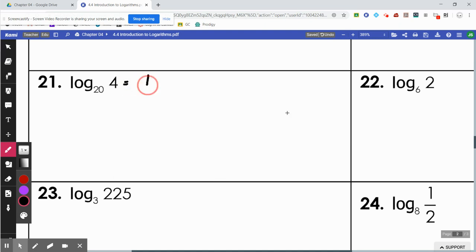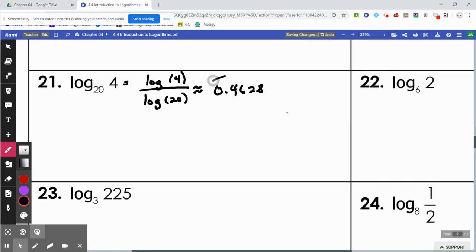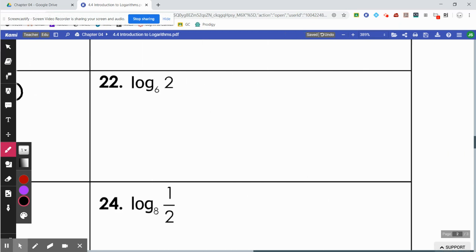The way we type it in is the log of my argument divided by the log of my base. The log of 4 divided by the log of 20, which is going to be about 0.4628. Number 22, log base 6 is 2. 6 to what power is 2? You're going to type it in as the log of 2 divided by the log of 6. And that's going to be about